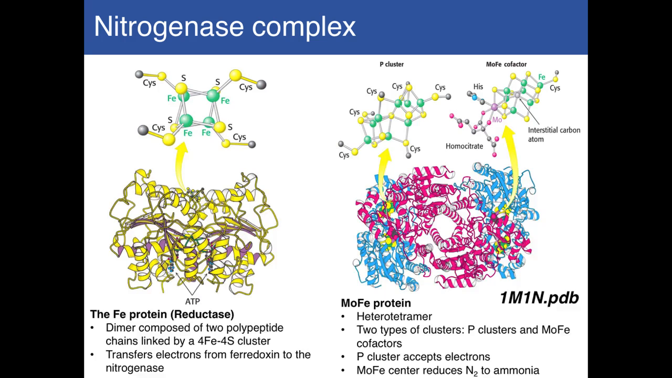So this is the molybdenum iron nitrogenase. This is a heterotetramer. There are 2 types of cluster. We have a P cluster, and then we have this